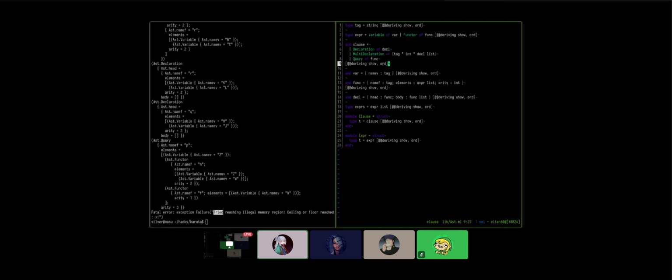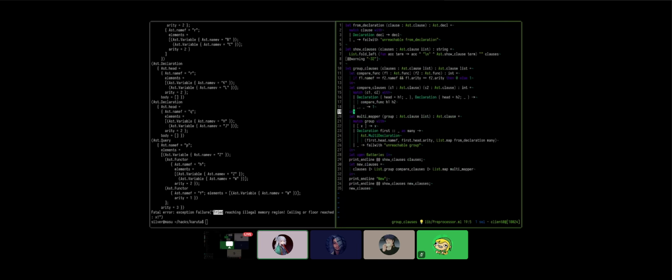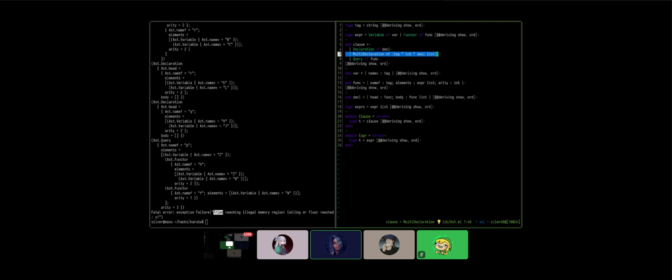Yeah, basically the parser spits out normal declarations, right? Multi-declarations is the output of the preprocessor, but the way it's written right now, it actually has a mix of multis and normals, I think. Yes, if you don't have repetitions on declarations, the declarations that are single will continue to be single declarations.